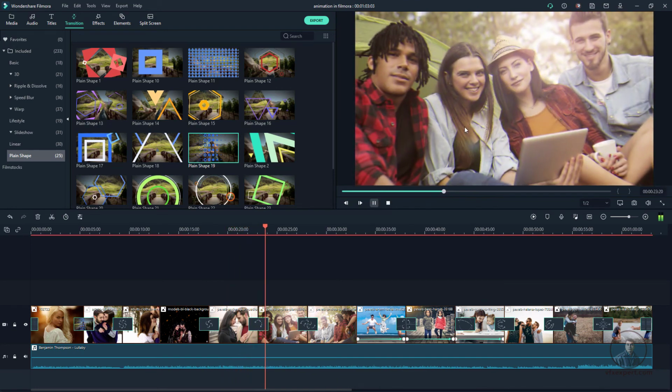I think this is looking good. So in remaining positions just apply your transitions.